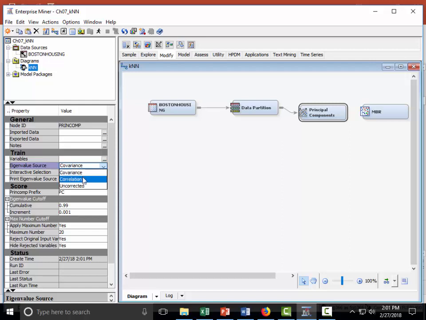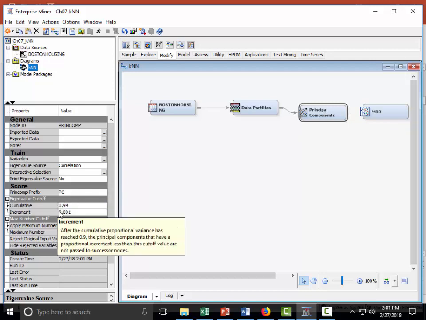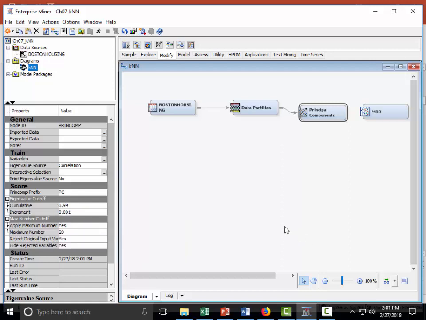So we're going to use correlation so that the effect of scale is evened out. All right, and it's going to give us cumulative 99% of the variance. Okay, and then you connect